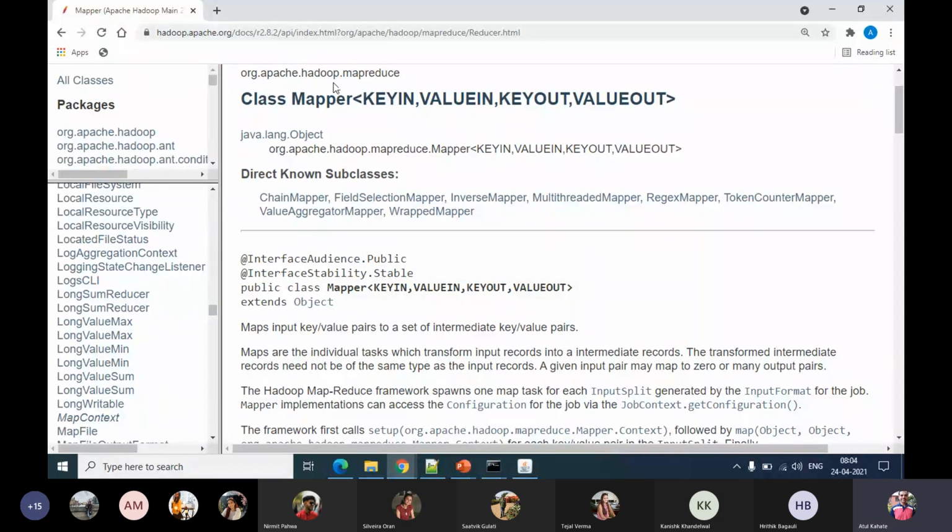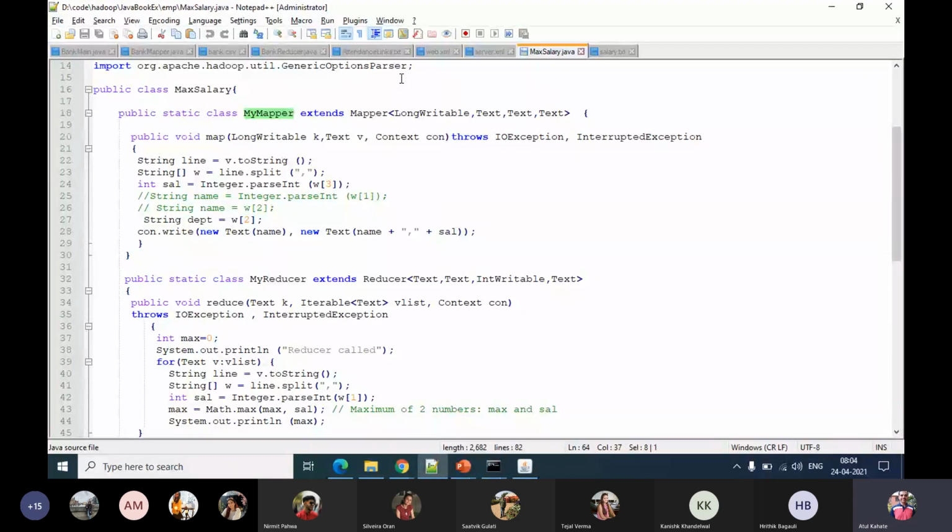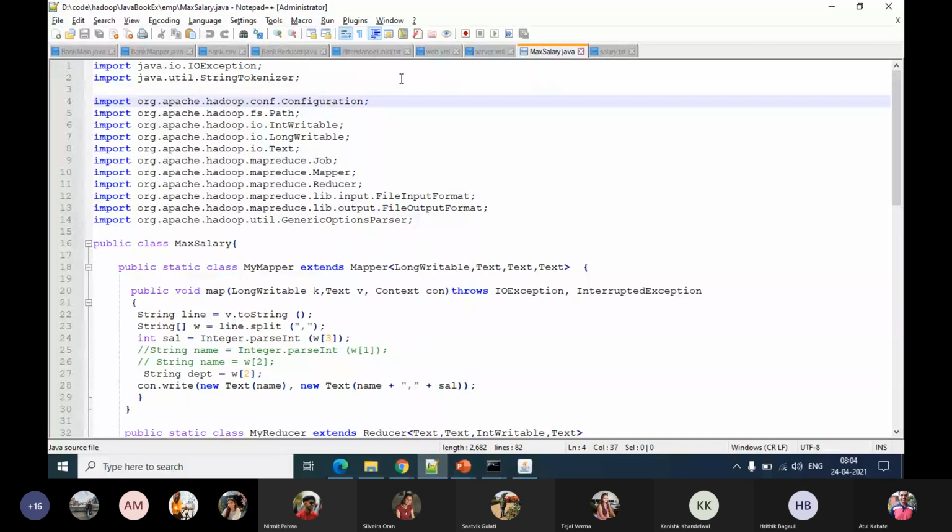It is org Apache Hadoop map reduce. Naturally, that is why we will have to include it. So this is the mapper class import. This is the reducer class import. It is org Apache Hadoop map reduce dot mapper dot reduce.